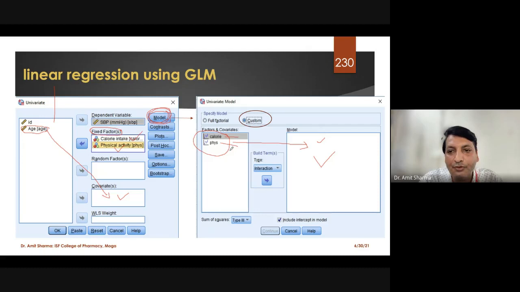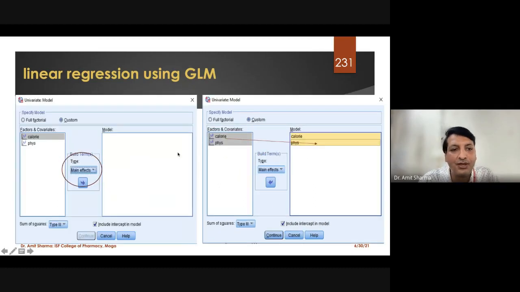And once you move the variable into the model box, you have to change the build item, and it should be the main effect. From this interaction word, you have to change it into a main effect. So you can see that first I have changed the build item from interaction to main effect.